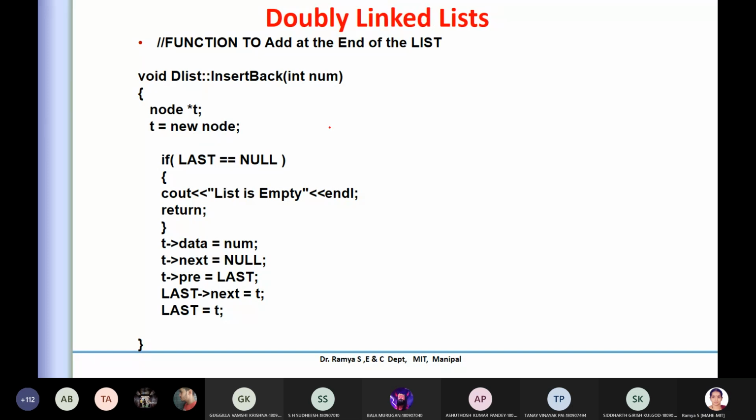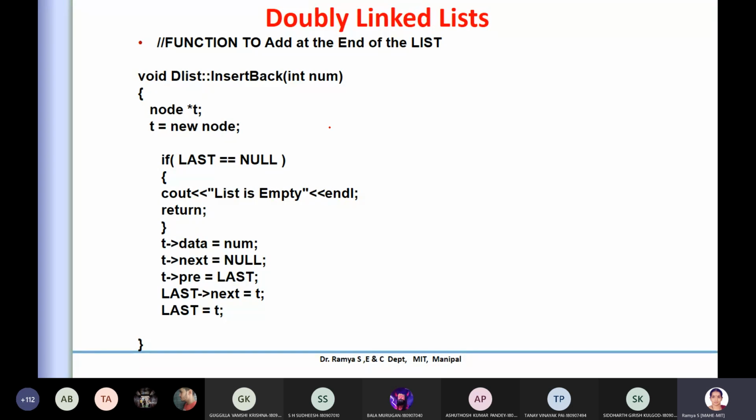Is it clear for you? The insertion at the beginning, insertion at the back. Remember, in a linked list, you have to update the pointers. In a singly linked list, only one address or pointer has to be updated.